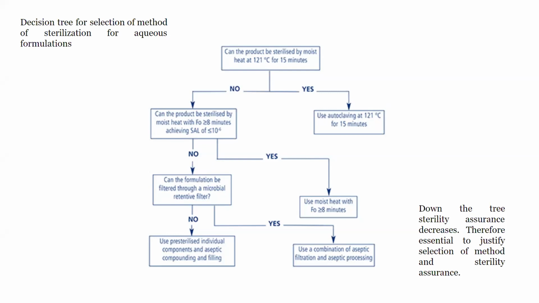So this also determines whether the formulation technique will be terminal sterilization or aseptic formulation. In terminal sterilization, compounding, mixing and formulation will be done in controlled environment, but it may not be aseptic. Then after filling, the last step will be the sterilization of the material in its primary packaging. So this kind of processing is known as terminal sterilization, whereas right from step 1 to step N, which is the last step, everything is done in sterile area. This kind of processing is known as aseptic processing.